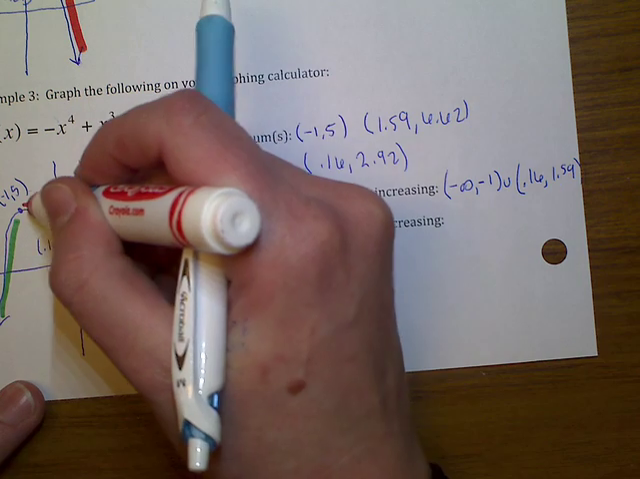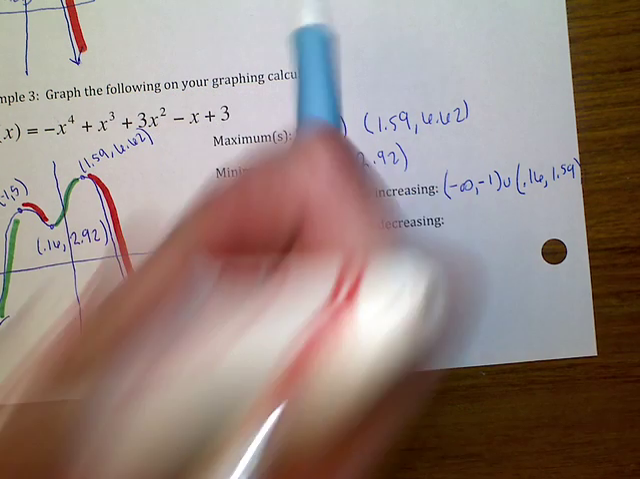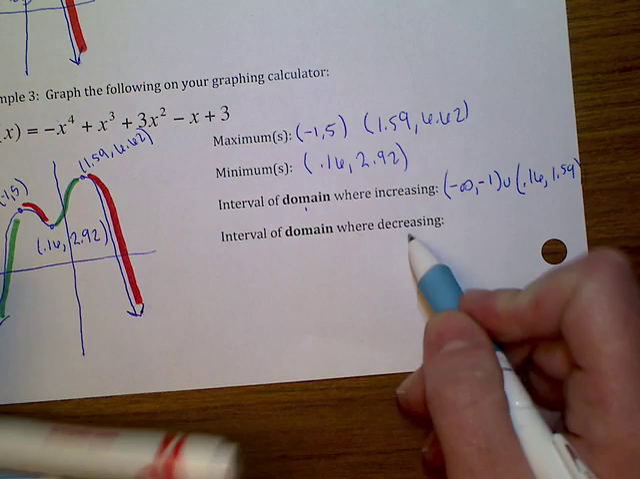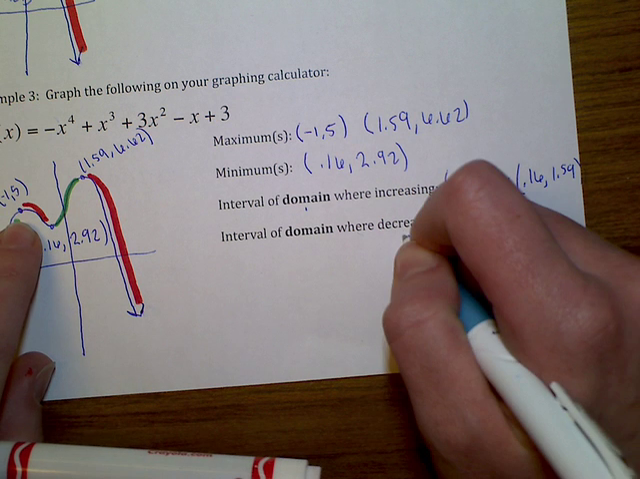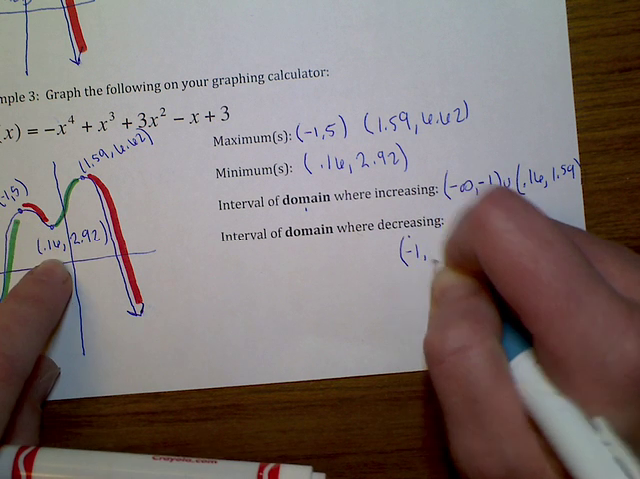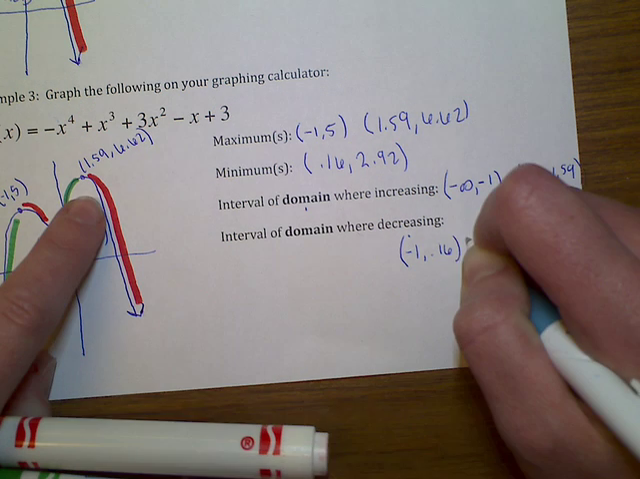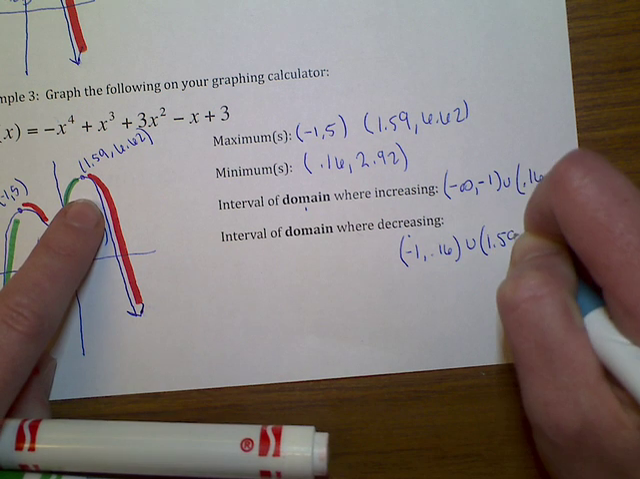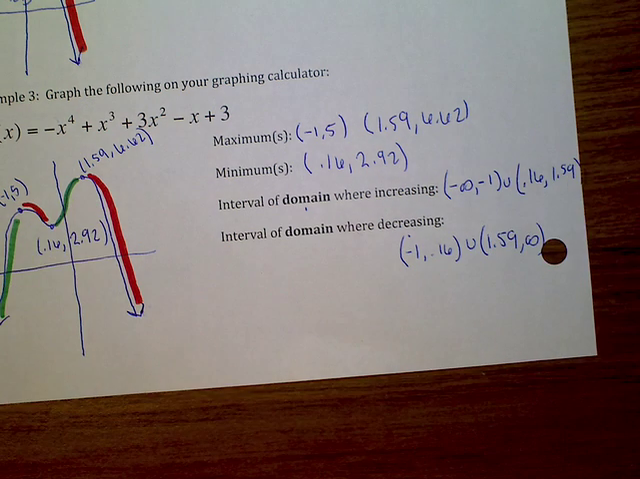Decreasing would be this part and this part. And if we're decreasing, first we're starting at x value negative 1, going to an x value of 0.16, and then again from 1.59 to infinity. Whew. Okay, so what you're then going to do, and this will be checked tomorrow,